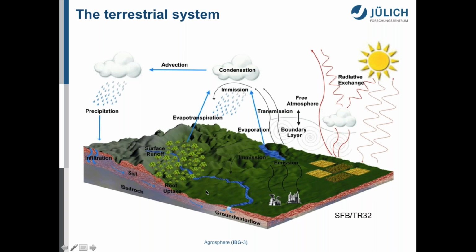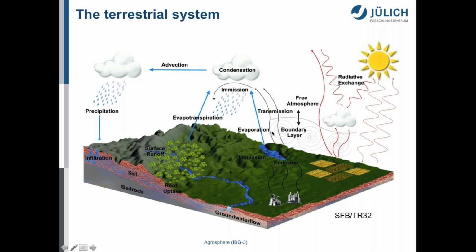We have, of course, processes related to the land surface, mass and energy balance, or water and energy balance related to evaporation into the atmosphere, and also plant processes like root water uptake and transpiration by various different plants. And then, of course, the major exchange with the lower atmosphere, which is mostly or entirely determined by turbulence, by turbulent transfer of water, energy, and momentum. Then, of course, we have to deal with very complex microphysical processes related to precipitation generation. We have to deal with radiation, and so on.